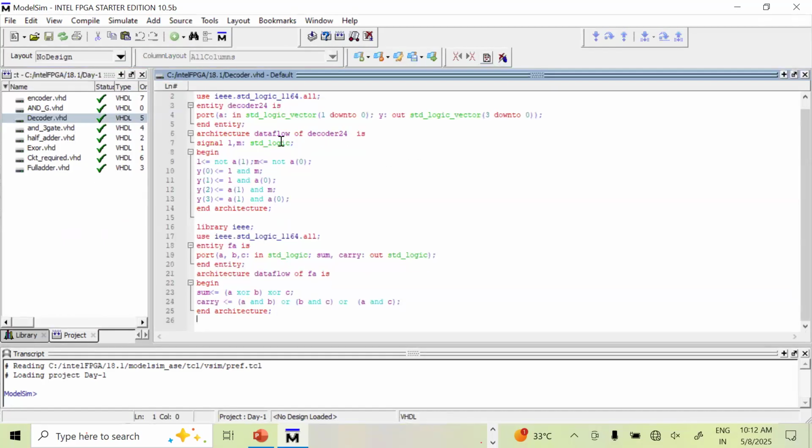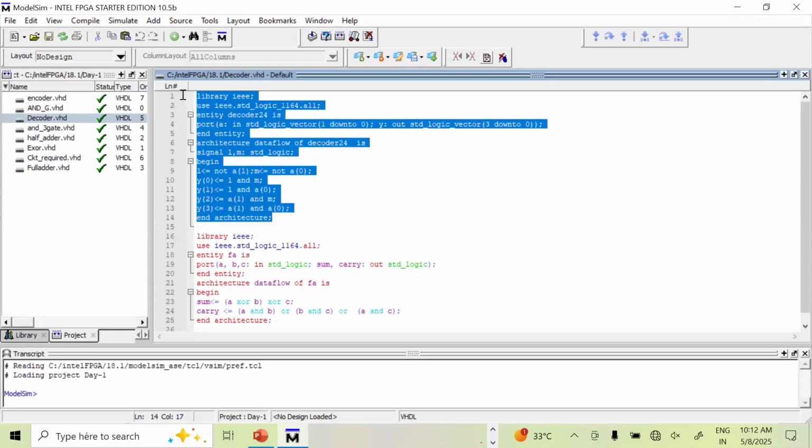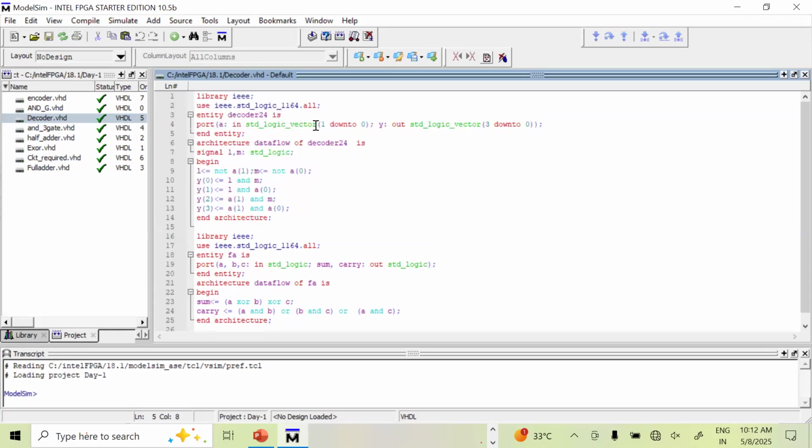Last time I was discussing about decoder. Decoder is a circuit that converts a binary number to decimal number. There was a simple program for that, and this was the program. It was a 2 to 4 decoder. It was accepting input in vector form, and it was providing output in vector form. So yesterday, as it was discussed,